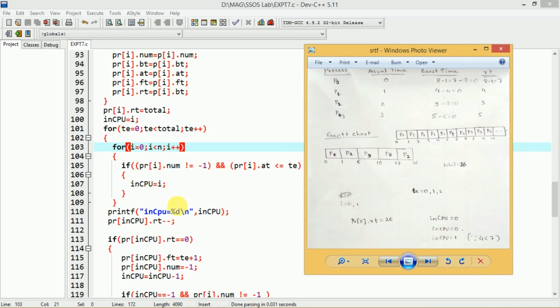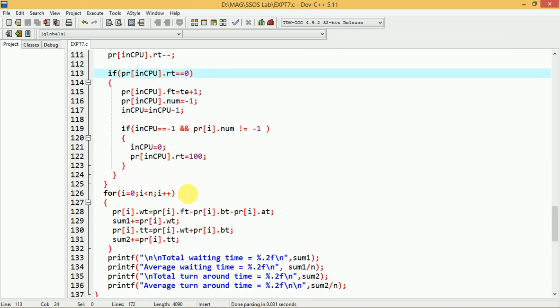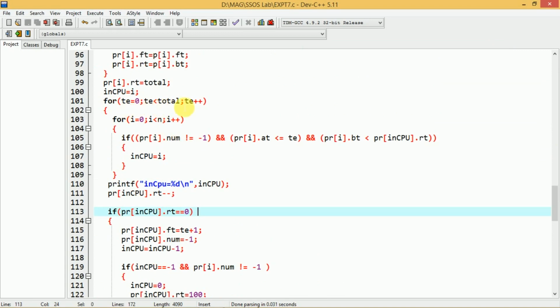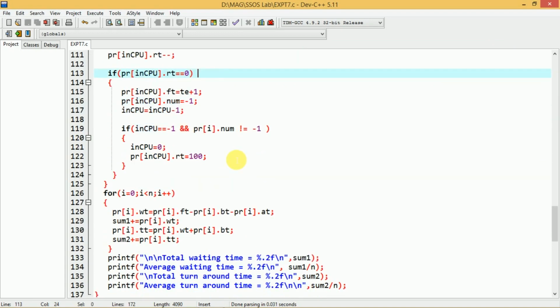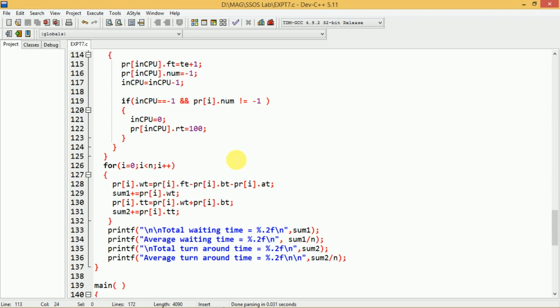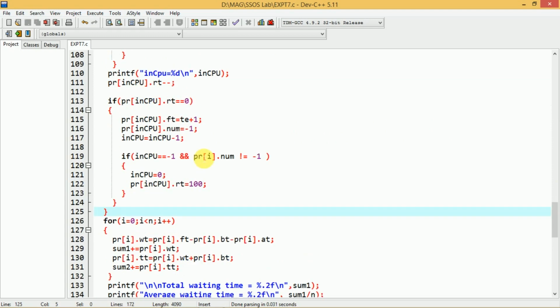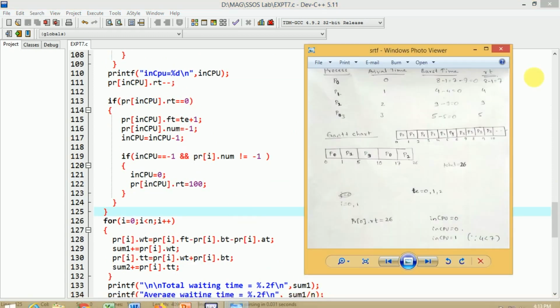So in CPU equal to 1, this will be displayed on the screen and the remaining time of that will be decremented by 1. I have shown that here separately. After executing P0, P1 will execute for 1 millisecond, so it will be decremented. Again these remaining steps will be executed for all the timestamps. In this way the shortest remaining time first algorithm will be implemented. So try to understand this code, and if possible trace this particular example for the further iterations in order to understand this thoroughly. And it's very easy.